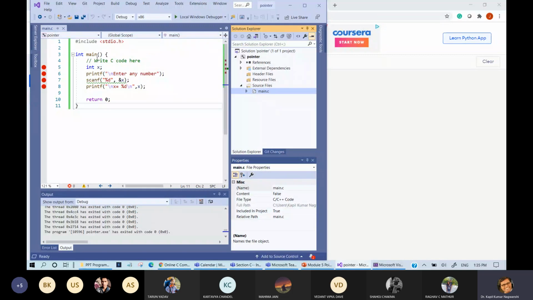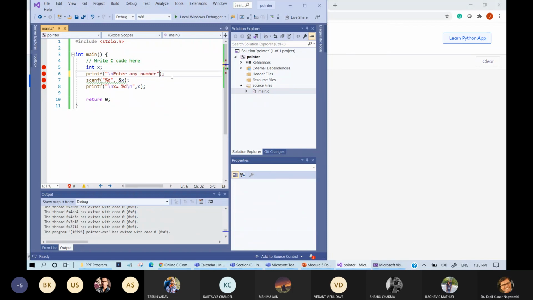Include stdio.h, int main is written, everything is written. Is any semicolon left behind? Slash n is okay. Double quote, no problem. Scanf is also okay.